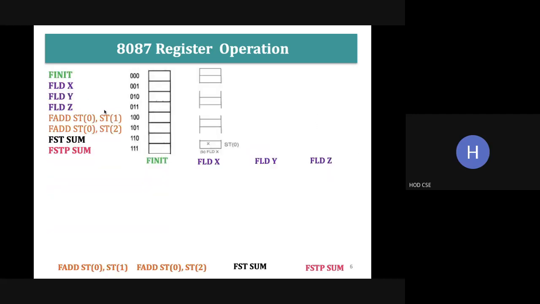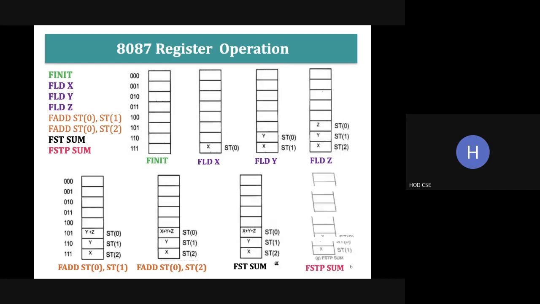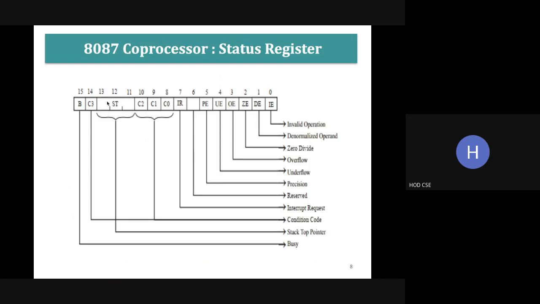Okay, see here, this is the top of the stack. This register value is 111. So what is the top of the stack? The register value here is 111. That will be available there. So here, in this ST value, that 111 will be available. And the 15th bit represents the busy flag bit.